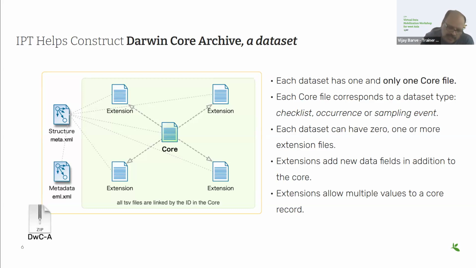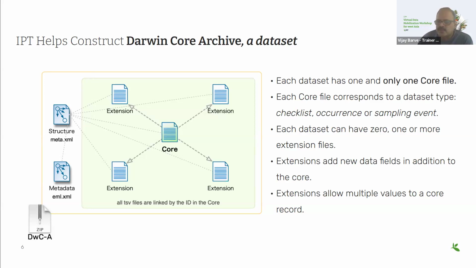You have the core in the center and everything is basically linking to the core file through the specific IDs. In case of occurrence core, those are occurrence IDs. In case of event core, those are event IDs. In case of taxon core, those are taxon IDs. Basically using those IDs. And as I said, the data set can have 0 or 1 or more extensions linked